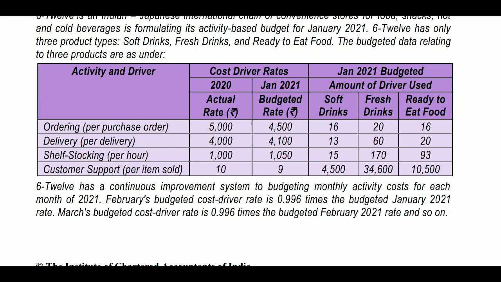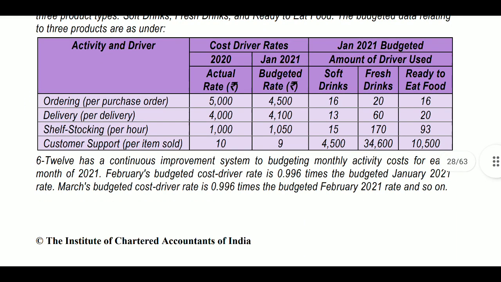4500, and for the soft drink it was 16. So 4500 into 16, we will get the answer for soft drinks. And 4500 into 20, we will get the fresh drink ordering. Next 4500 into 60, we will get the ready to eat food ordering. Next delivery per order 4100, same as before: 4100 into 13, 4100 into 60, 4100 into 20, we will get